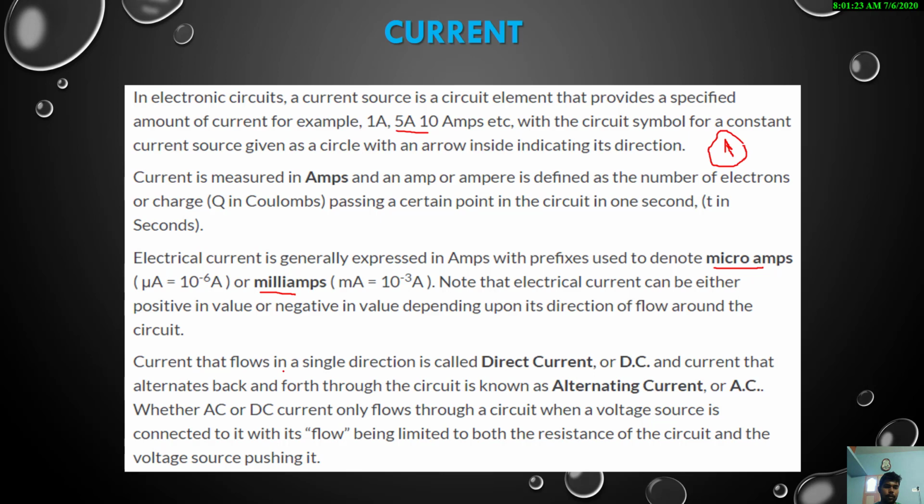Current that flows in a single direction is called direct current, and current that alternates back and forth through the circuit is called alternating current, or AC. The AC or DC only flows through the circuit when a voltage source is connected to it, its flow being limited by the resistance of the circuit. That is, the current is most commonly affected by the resistance value, and the property of resistance is to oppose the current